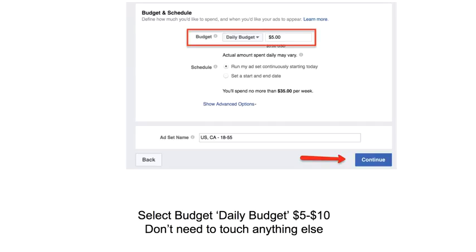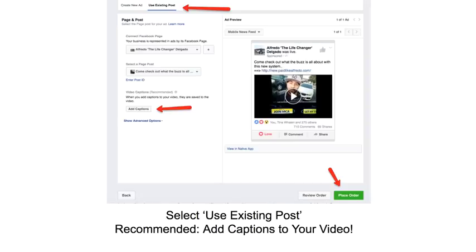and then finally you want to select your budget. Again, you want to at least start at $5. If you could put $10, even better, or $20, even better. Okay, but you don't need to start out your ad with more than that. Especially if you haven't tested it yet to see if it's going to perform and get you any leads and sales. So then you're going to hit continue,